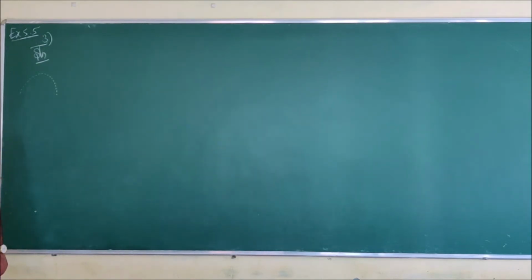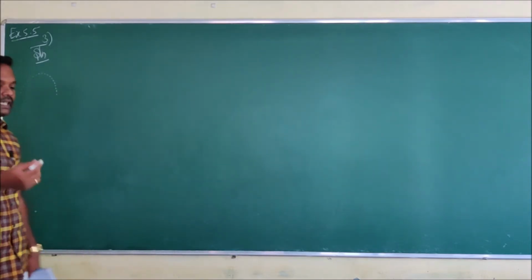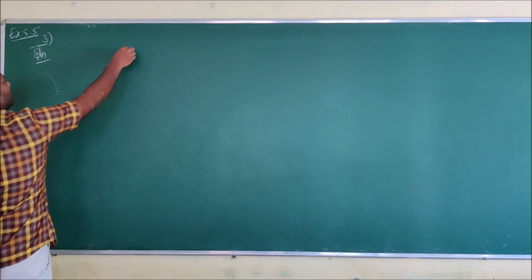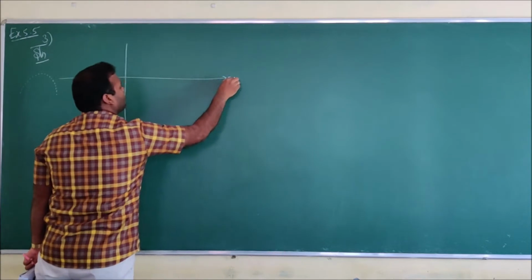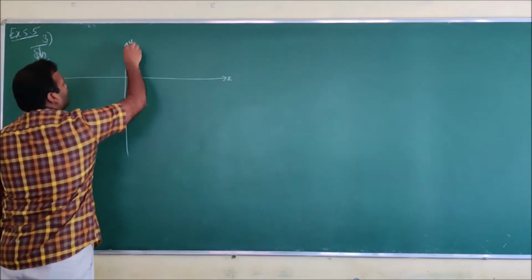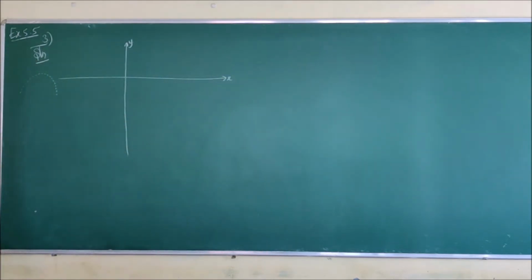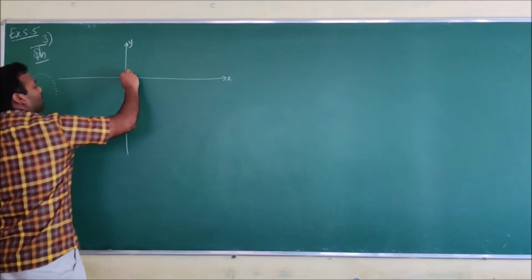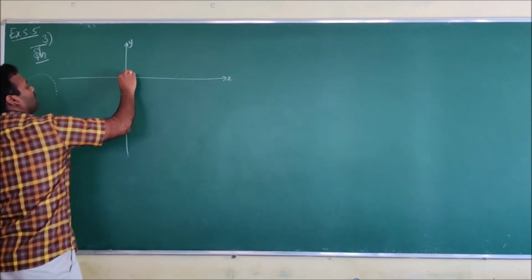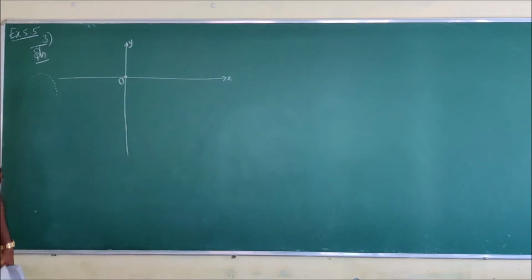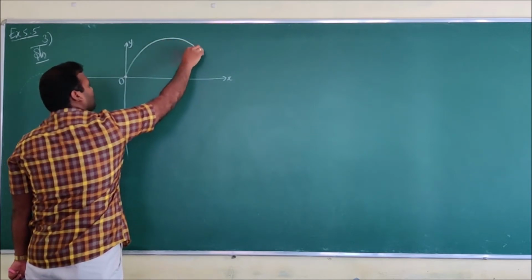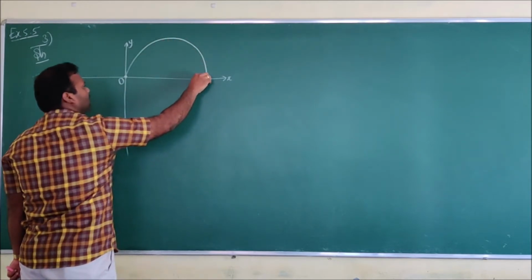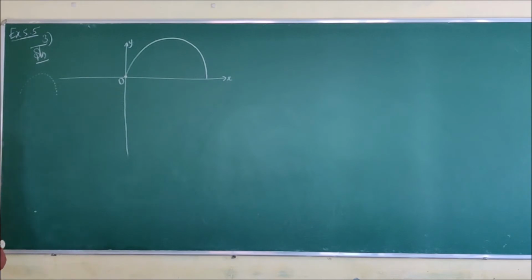So first thing what we are going to do is we are going to draw the parabola which is open downwards. Okay. So first let us draw the x and the y axis. So this is my y axis and this is my x axis. Now your fountain starts here. Suppose let us take this as our origin O. So the fountain water starts like this and once again it falls like this. So this is the parabola open downwards.